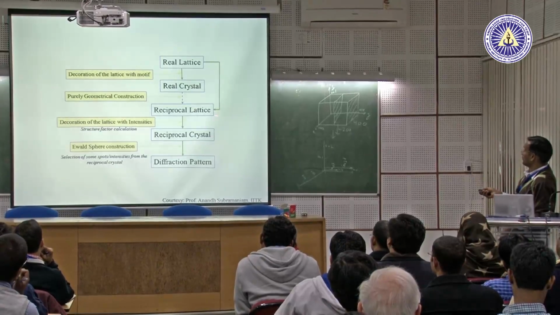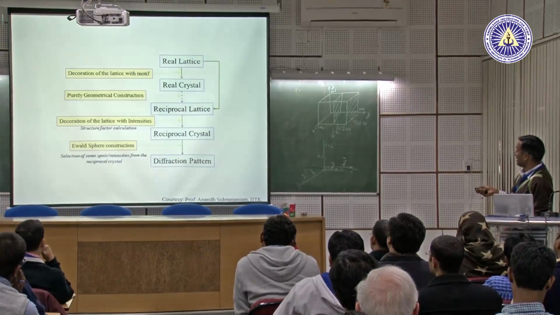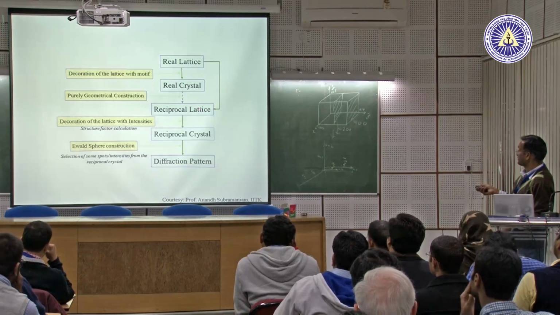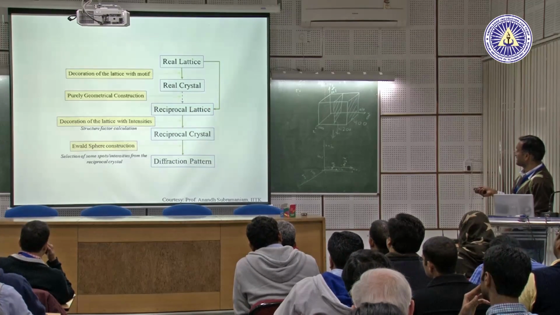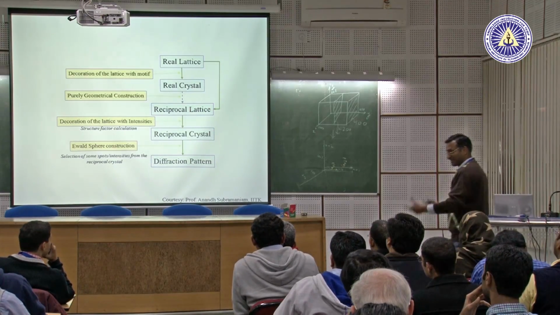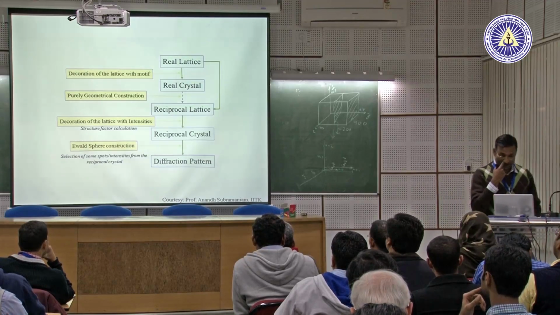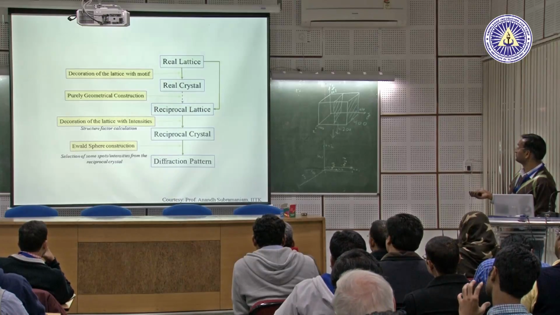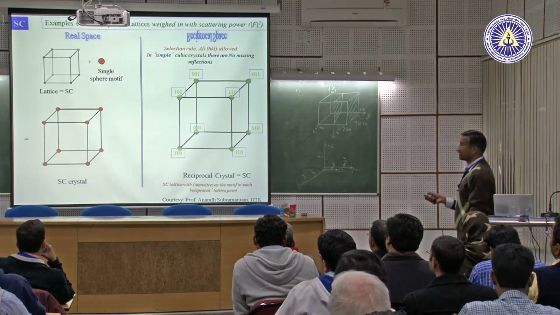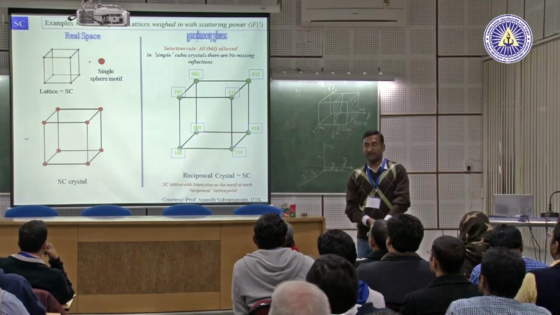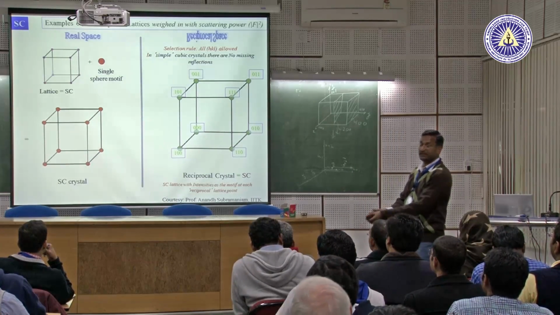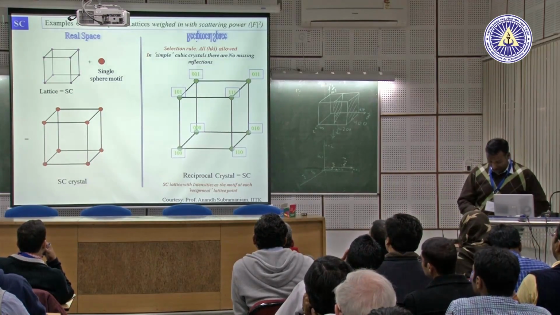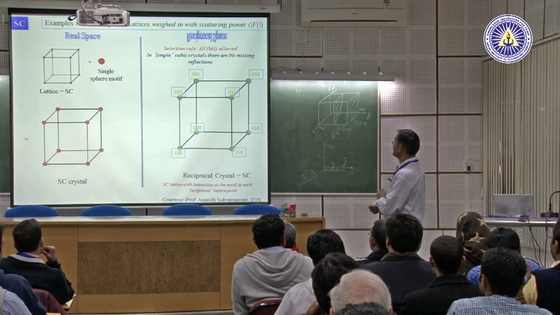So you construct a reciprocal lattice from the real lattice using geometrical or mathematical concepts, and then this reciprocal lattice can be decorated with intensities to give you a reciprocal crystal, which is again a hypothetical concept rather than a real entity. So for instance, if you follow the same notation where b1 is equal to the cross product of a2 and a3, and b2 is equal to the cross product of a3 and a1, and so on,